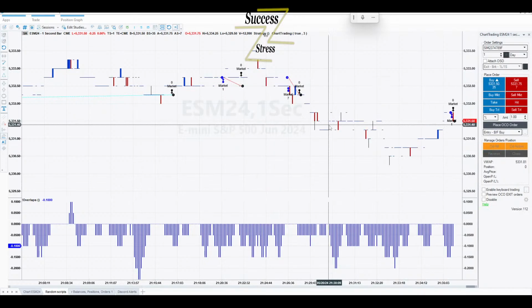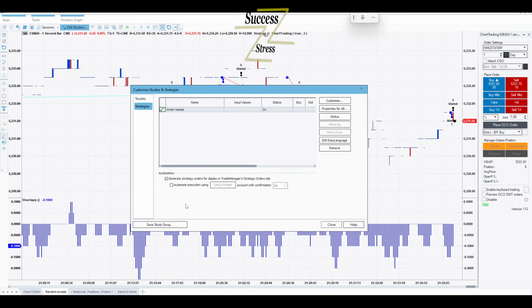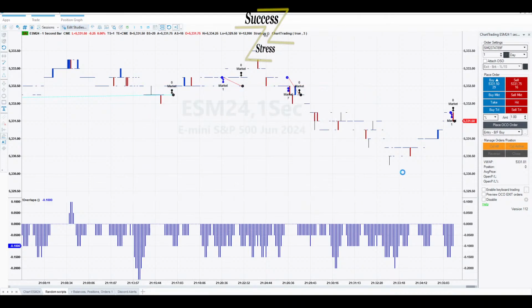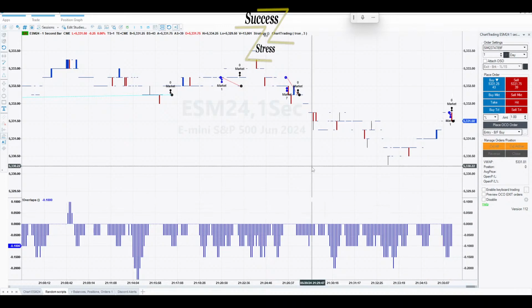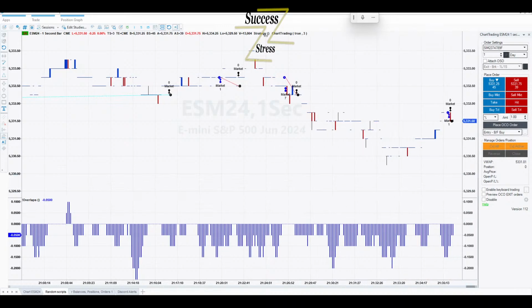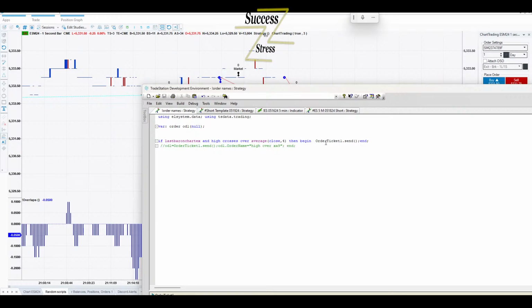All right, close that, turn that on. Make sure automate is on. Have to go back and do it every time. Okay, so now we're going to see if it'll put us in another position, just based on the syntax of order ticket send.